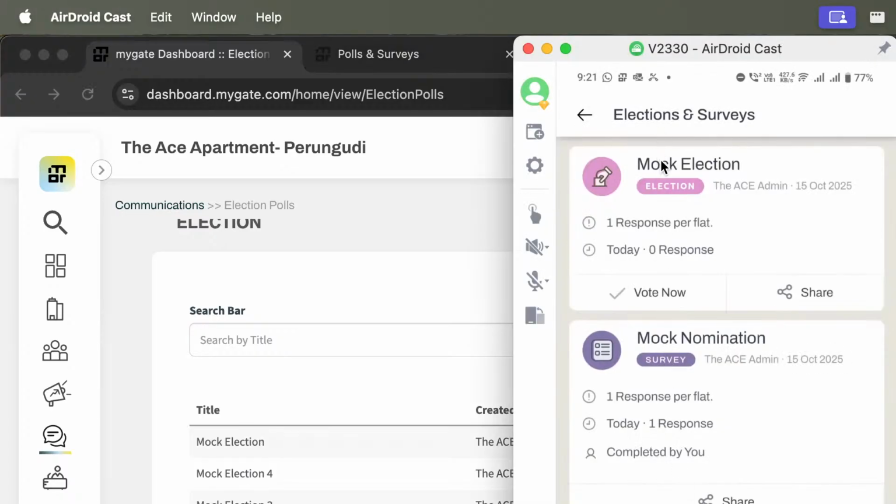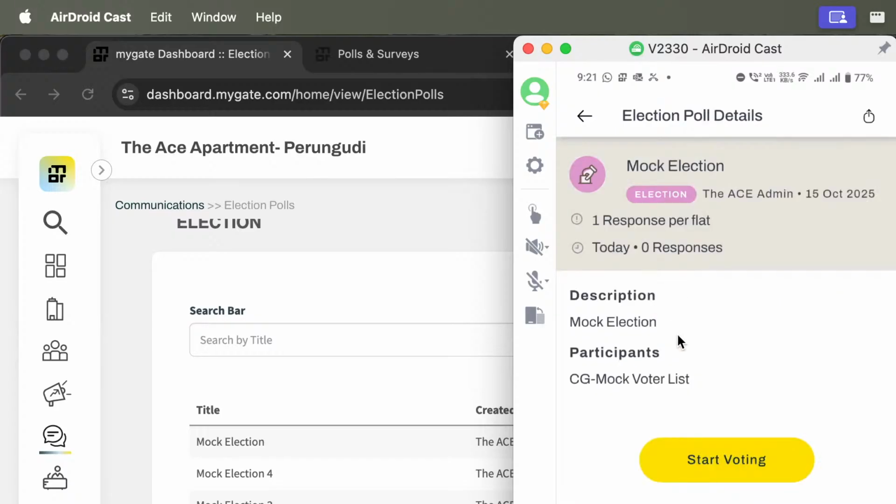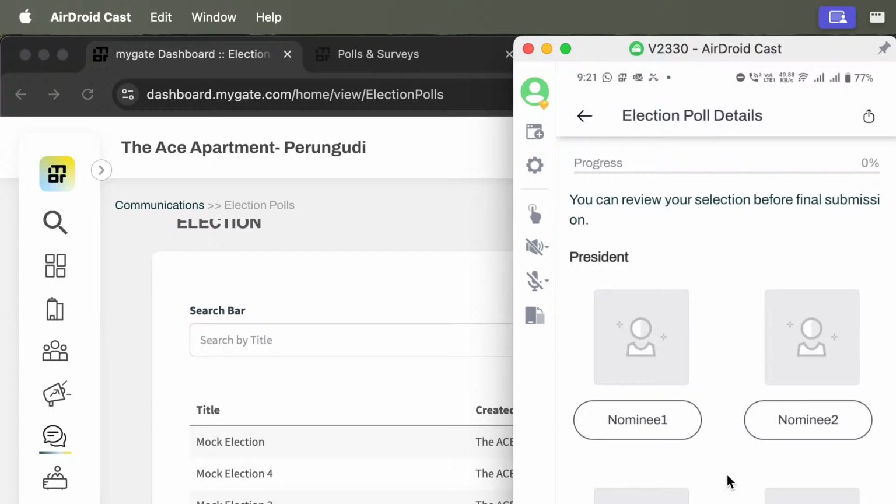Okay, if you see, I have received the notification for mock collection. So I think all the 4 voters might have received a notification in their MyGate for the election, so they can just go ahead and click on vote now, and click on start voting. And I can see president, I can only select 1, I can't select more than 1, so I'll select 1 and proceed to next. Vice president, same thing, I can only select 1 candidate. So going forward to secretary, 1 candidate, joint secretary, 1 candidate,